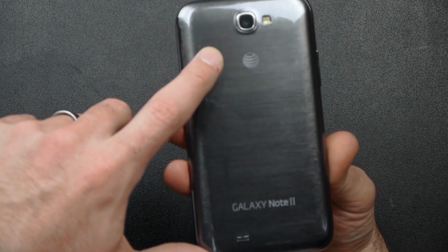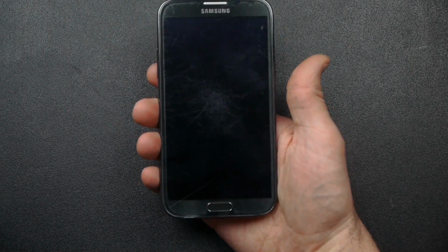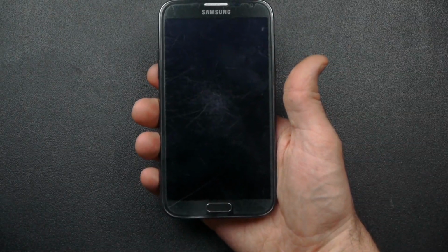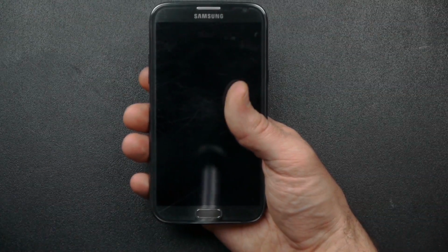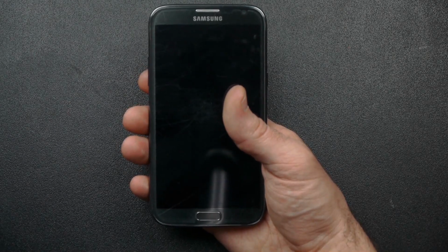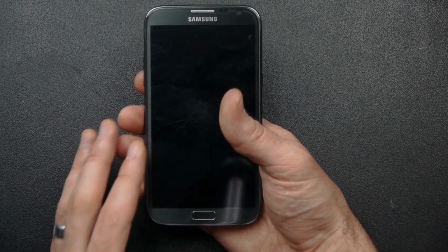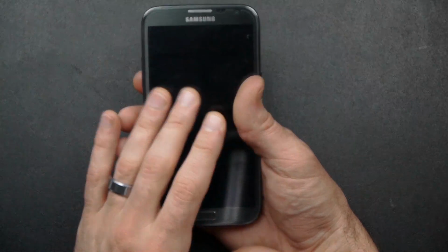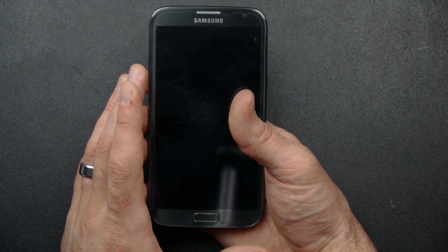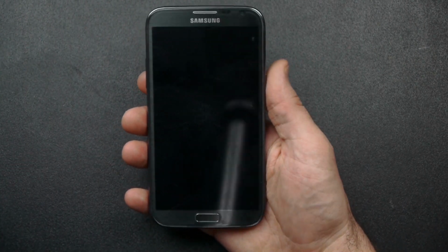In this video today, what I want to do is show the Samsung Galaxy Note 2, mine's the AT&T version, running on the newest KitKat ROM 4.4.2. Now, AT&T has not officially put out this ROM yet. This is the KitKat ROM that was taken from the international Galaxy Note 2, the N7105. So it is an official ROM from Samsung, but it's not specifically for the AT&T. So some developers have taken that and made it to where it will work on the AT&T version, the i317. It'll work on the T-Mobile version, I believe, the T889, and of course it'll work on the international version, the